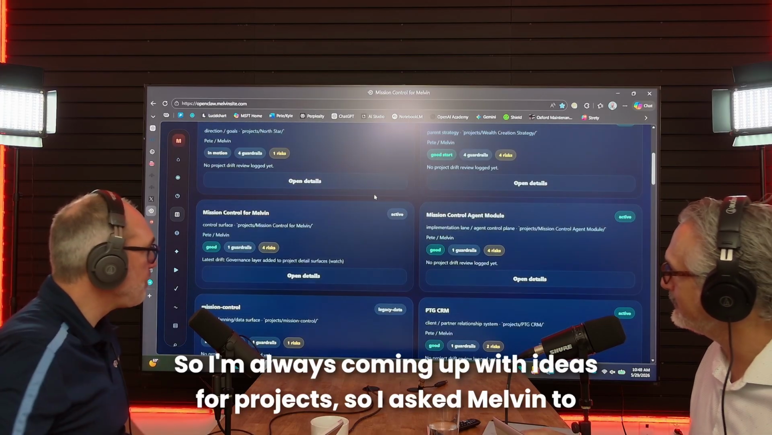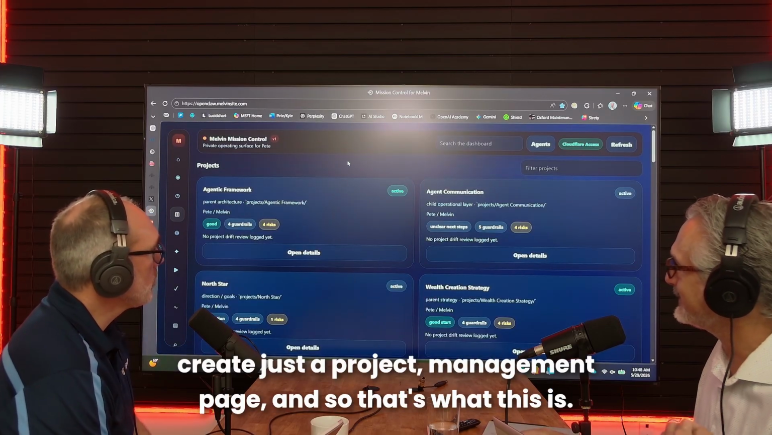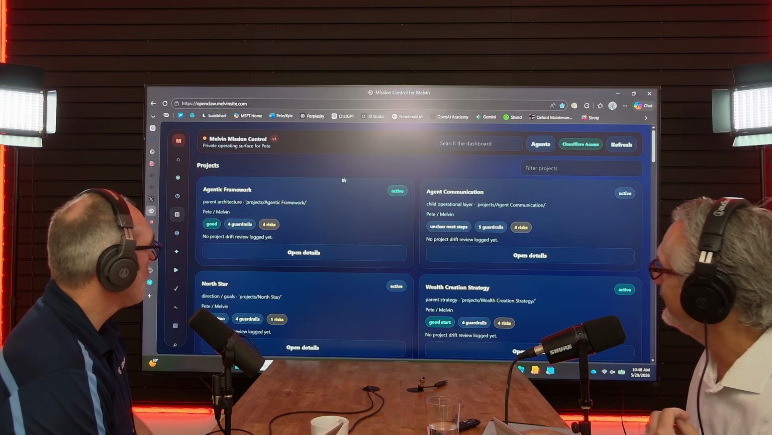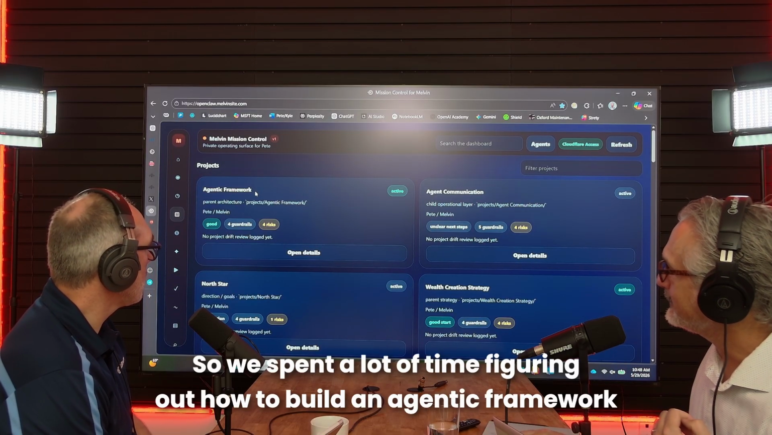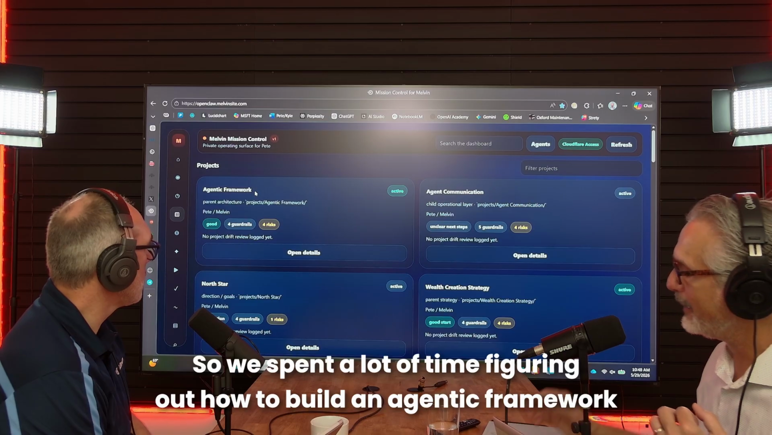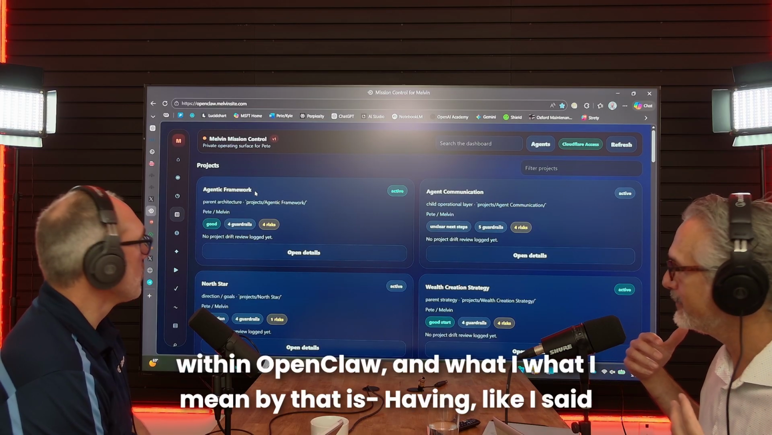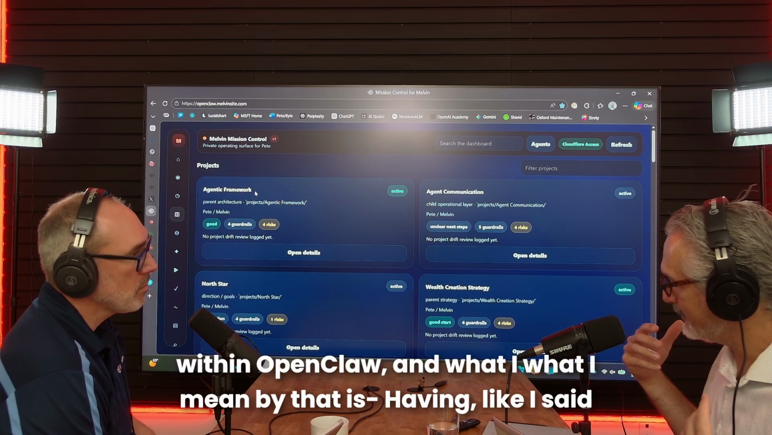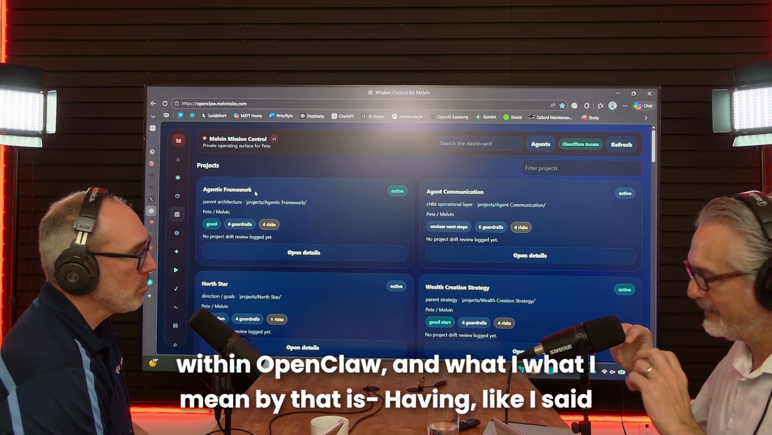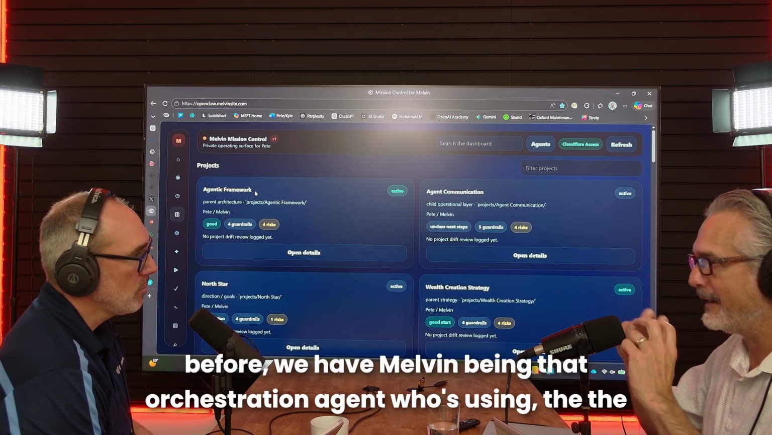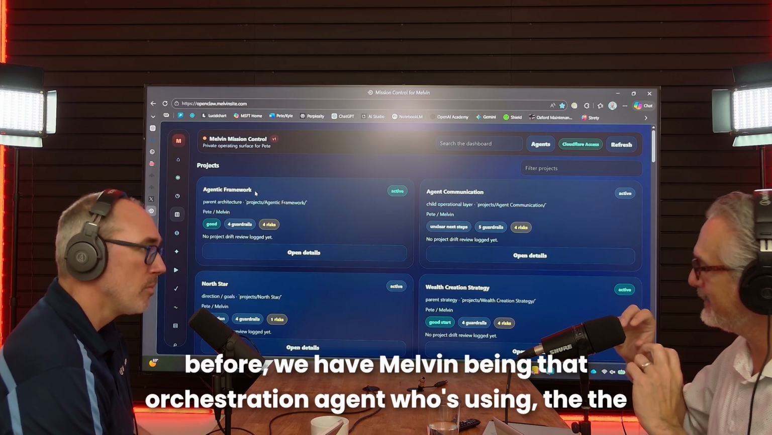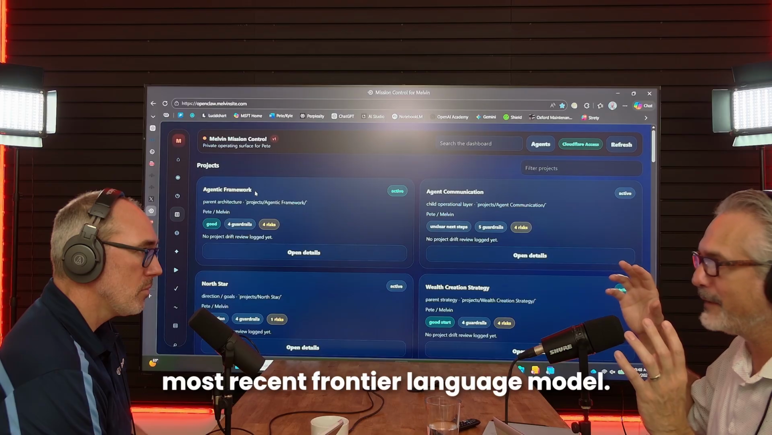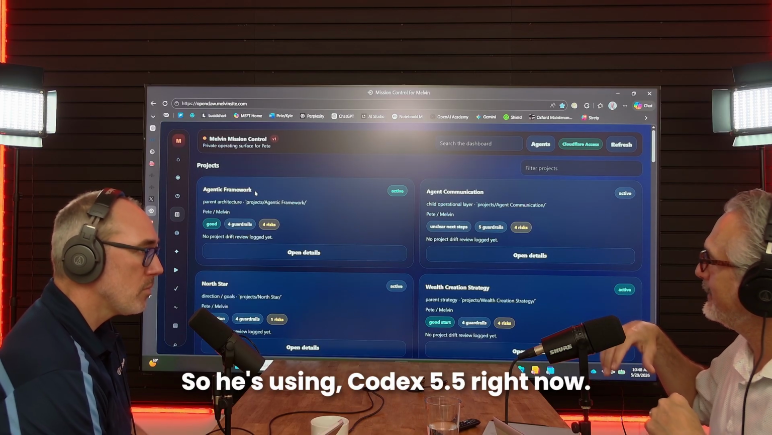So I asked Melvin to create just a project management page. And so that's what this is. So we spent a lot of time figuring out how to build an agentic framework within OpenClaw. And what I mean by that is having, like I said before, we have Melvin kind of being that orchestration agent who's using the most recent frontier language model. So he's using Codex